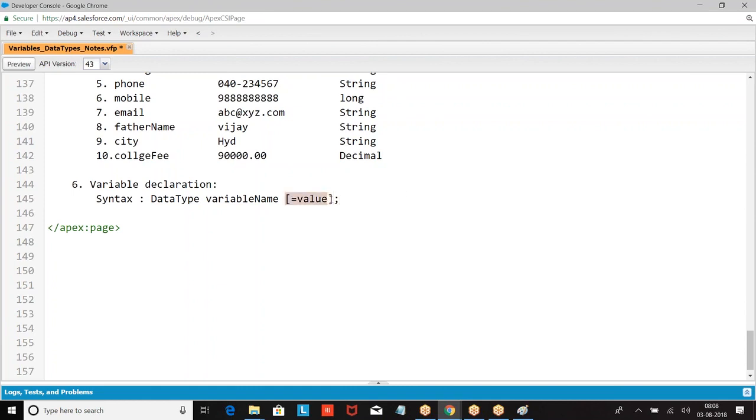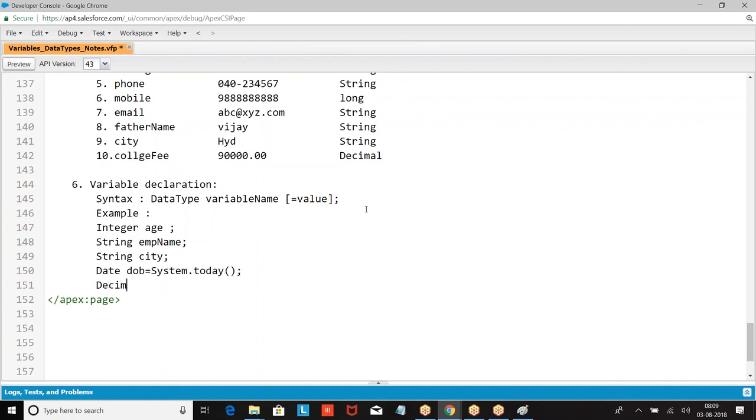For example, integer age, string. You can also give a value. Now, equal to value is optional. Data type, variable name.